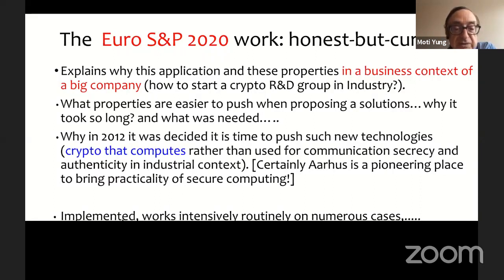So the status of this work is that there are variants of it, it's implemented, and it runs routinely, I can say every day, and it shows the usefulness of the crypto R&D group.